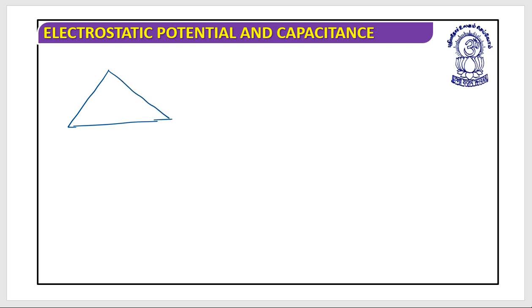Suppose a triangle is there. It's an equilateral triangle having sides a. And they are having charges as plus q, plus q, plus q. Now